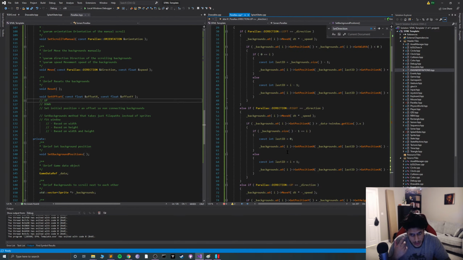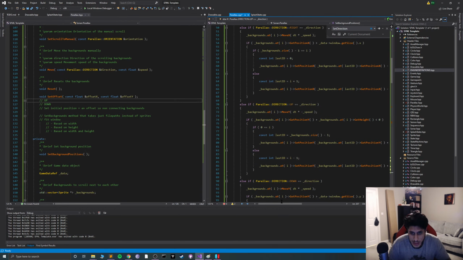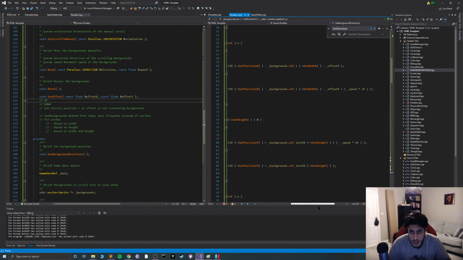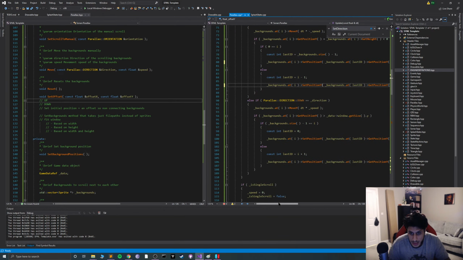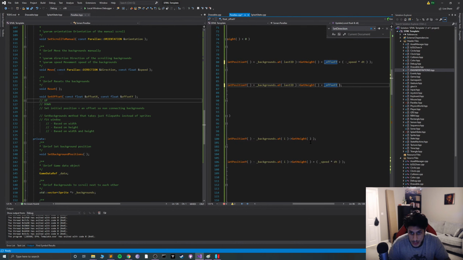I was thinking of underscores too much, I'll put underscore instead of a minus, and for this, because it's a plus, we'll be adding the offset x, not the y one we're adding, sorry, my bad, and plus, I'm going to say the same thing here, plus underscore offset y, and here we're going to be taking it away, so we're going to say minus underscore offset y, minus underscore offset y,